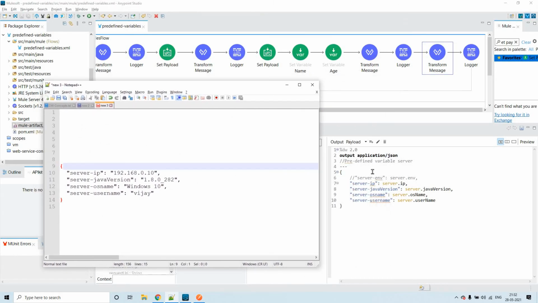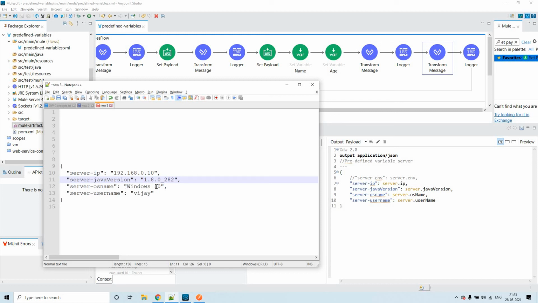I have intentionally commented this because it is printing all my environment variables, in the sense the server's environment variables. And server.ip, this is my IPv4 value, and server.javaVersion is the Java version which is installed in my system.